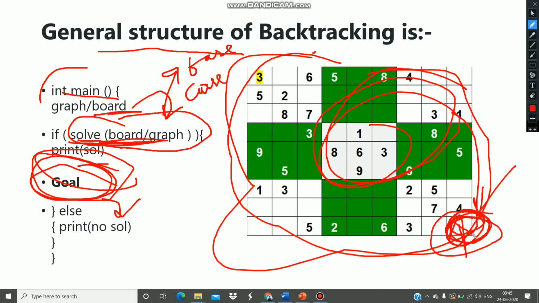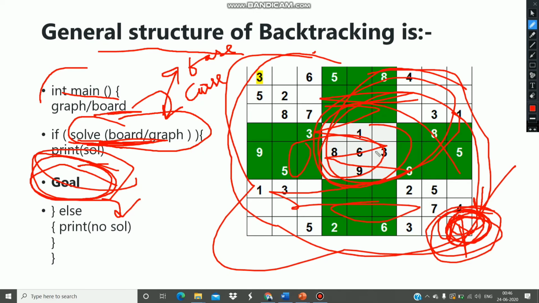In this case, your empty cells are completely filled with numbers ranging from 1 to 9, and as we know, 1 to 9 is the choice that we have in sudoku. So the moment we are in this position, it indicates that we have already filled the empty cells. So our flag will contain the boolean value true. So if isEmpty is true, we will return true, that yes, the solution exists.